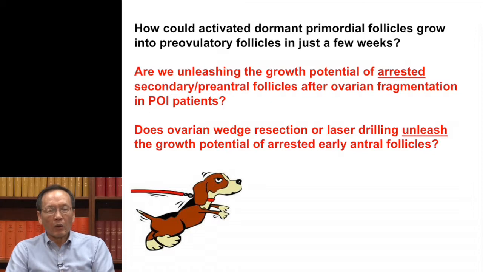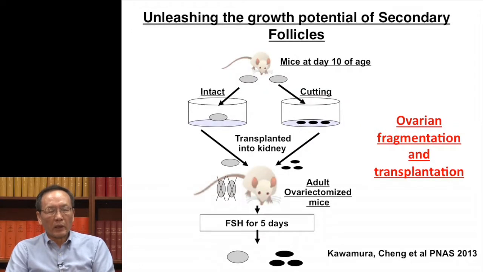Maybe it's because of our ovarian fragmentation of this POI patient's ovary. So then we also asked the same question: does ovarian wedge resection and laser drilling also unleash the growth of arrested early follicles? So we set up a new experiment, and as you can see on the left-hand side,